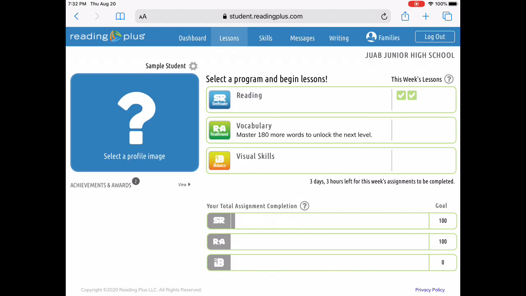After you've done a few lessons and it learns your level and your reading rate, it will assign you a certain amount of lessons each week. You're expected to do 4 lessons each week of reading. Some of you will be only assigned 2 reading and 2 vocabulary, and those will be what you're supposed to do. So when you choose the reading program,